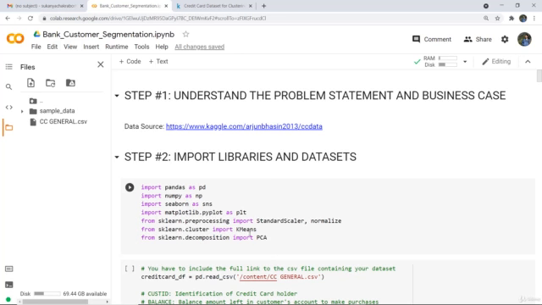And similarly, from sklearn we have imported KMeans also, because by far we are operating on clustering, and for that we use KMeans because it is the simplest algorithm of unsupervised machine learning. And then from sklearn decomposition, we have also imported PCA. Now the role of PCA we will see while we are implementing it.